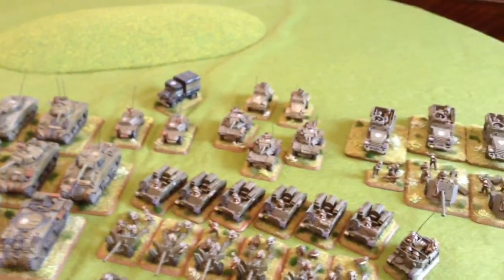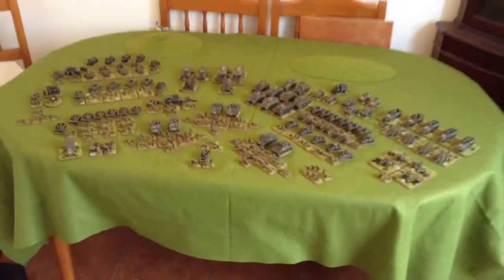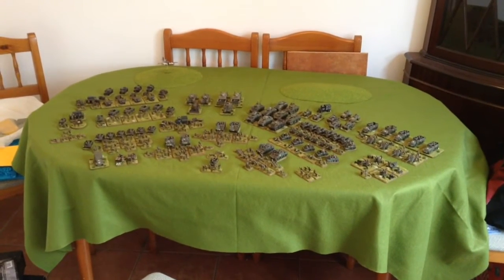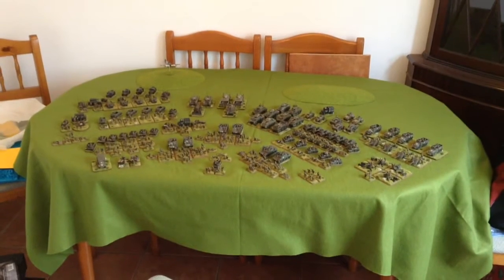So I think that's me covered it all. I'm fairly certain that's everything that's painted. The downside for me laying this stuff out is that I start to see things that I wish I had done differently, or that I think I can fix or update or paint better. So